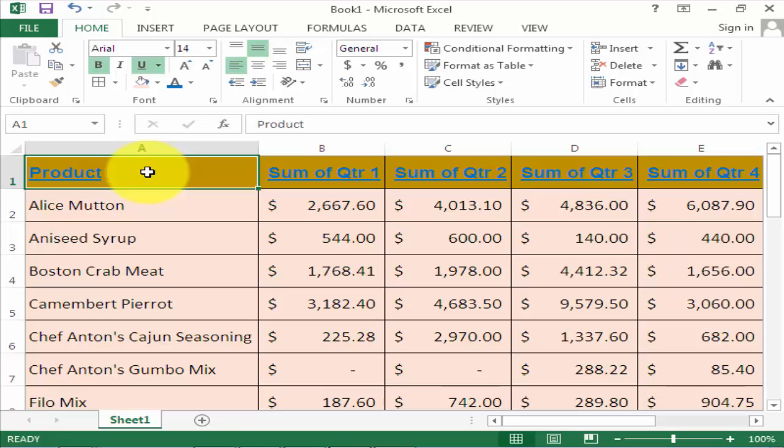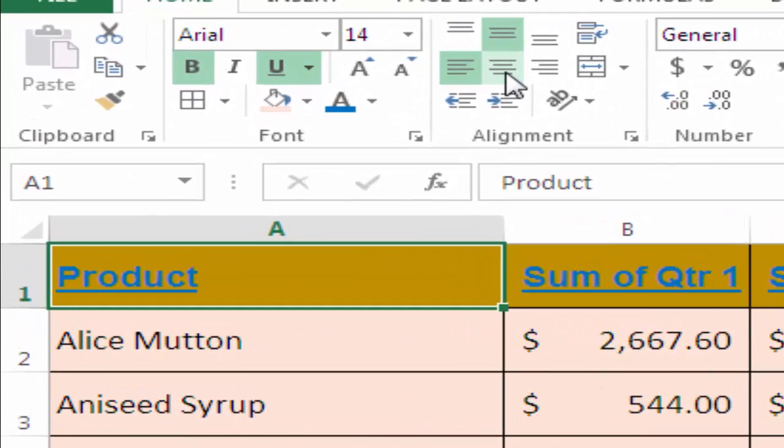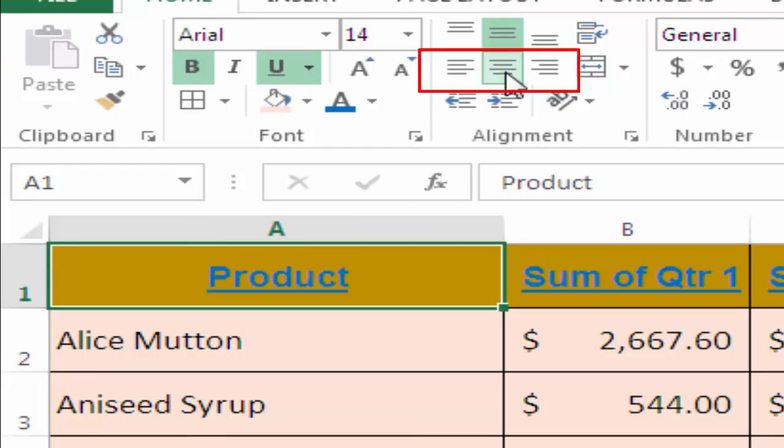Select the cells you want to modify. Select one of the three horizontal alignment commands on the Home tab. In our example, we'll choose Center Align. The text will realign. To change vertical text alignment,